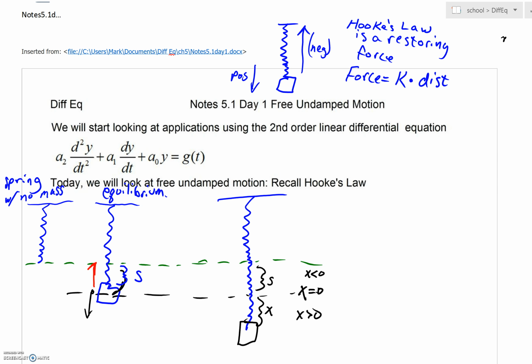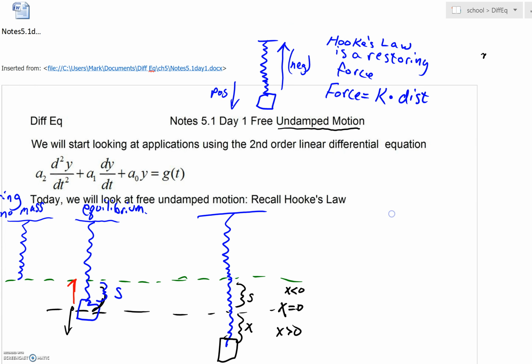Differential equations. We're starting a brand new chapter, chapter 5, and at least for the majority of this chapter, we're going to really focus on springs and setting up second-order differential equations that really will model the behavior that we'll see with a spring. Today we're dealing with undamped motion,